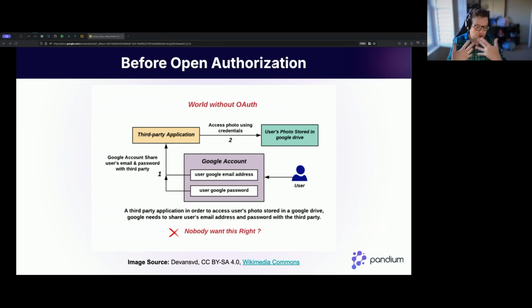Then Flickr, the photo application, the third party, is going to take that username and password and use it to gain access to the user's drive and get all the pictures. What isn't right about this is you're giving a third party access to your entire Google account. You're sharing a password. I don't really have to get into this. This is just bad, right? Nobody wanted this, and so that's what caused OAuth 1.0 to be born.